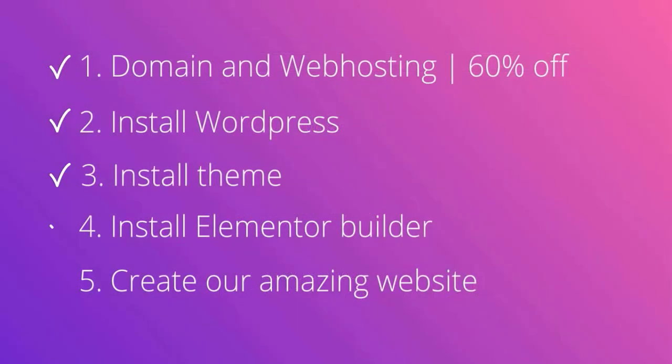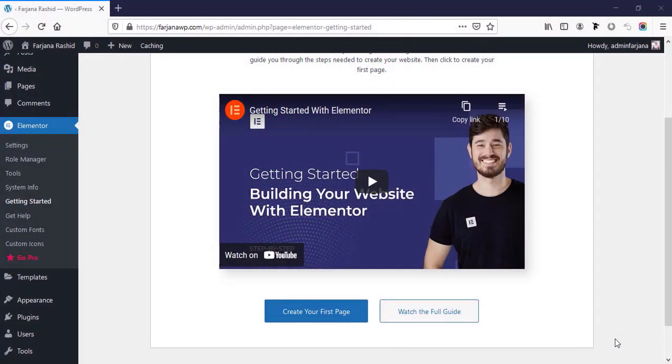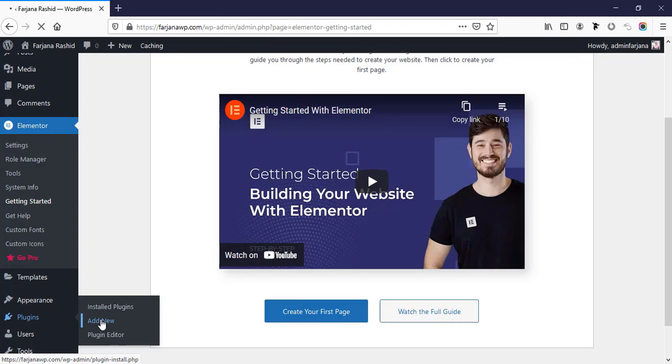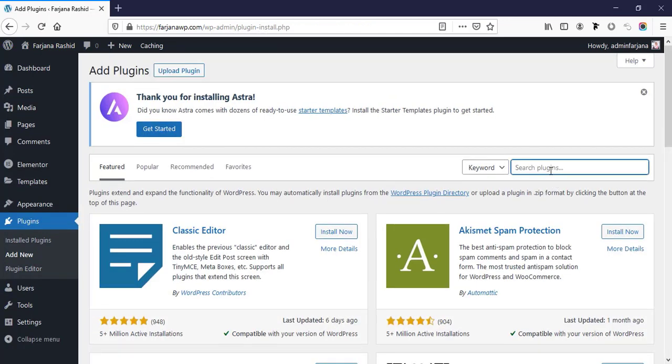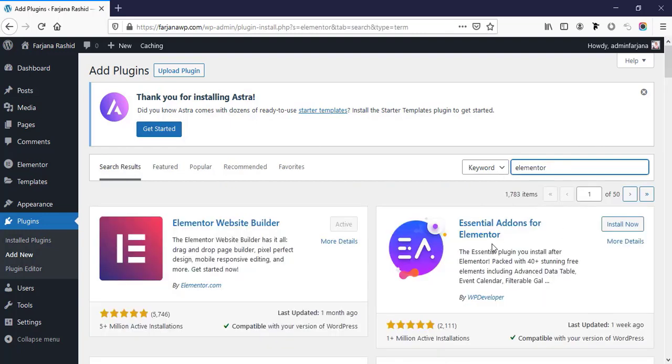So our Elementor page builder installed successfully. Elementor has their free version and pro version. So for this time I will go with the free version, and for that I need to install some extra plugin. So I'm going to plugins and add new, and now I'm searching for Elementor, and here is the plugin Elementor add-ons for Elementor. So I'm going to install this one